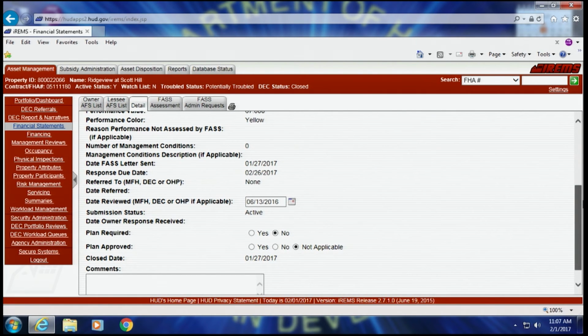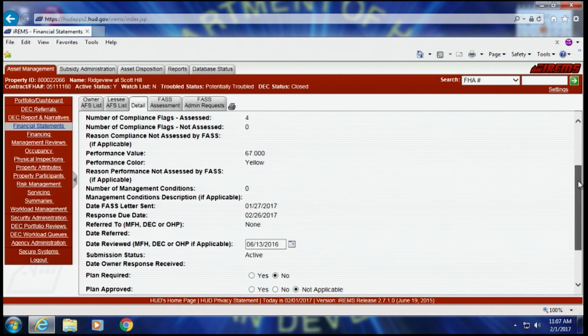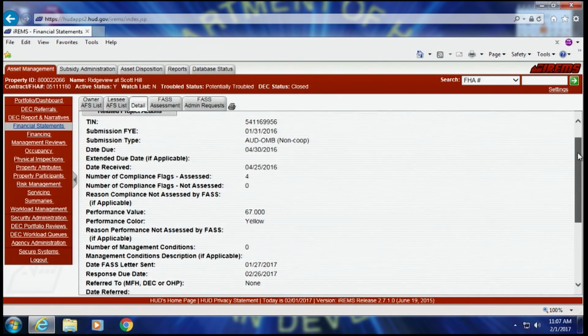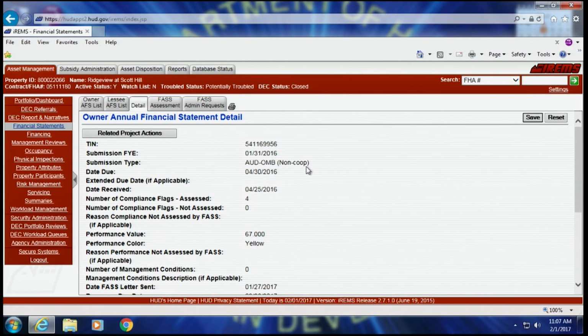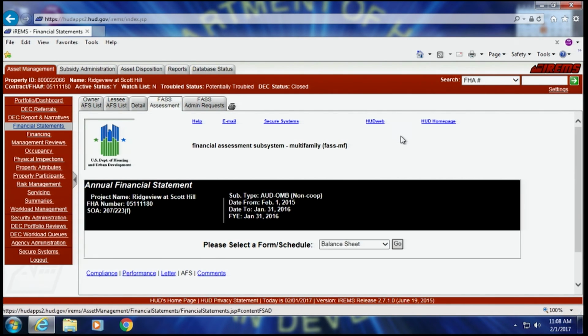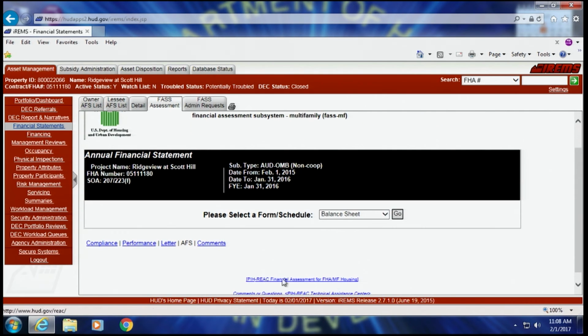All financial statements require that they are to be reviewed by someone in-house. They may vary on certain levels of review. If you go in here and you see that it's yellow, it needs a little more care. Red certainly would need to be reviewed. Green typically means that there's not many problems, but you certainly want to pay attention to the FAS assessment. And you want to take a look, if you want, to the letter. You can also look at the performance and you can look at the compliance. The compliance is complying to his business agreements, and the performance means what caused that red, yellow, green indicator.